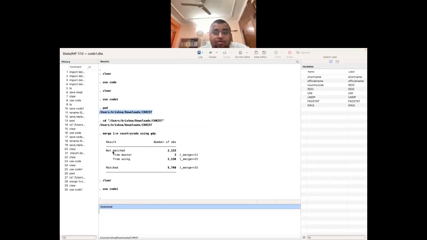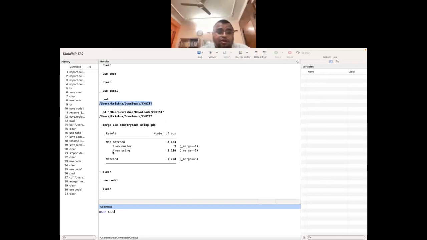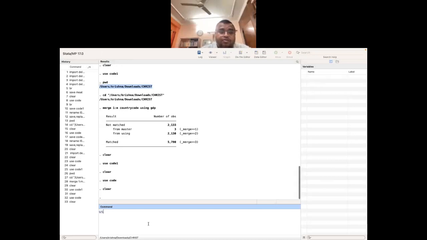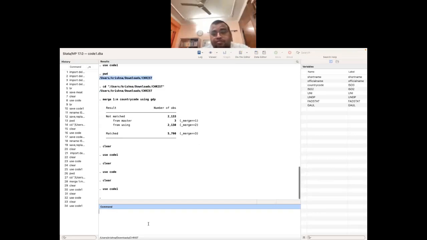Here, look, I have renamed the country code, but in the labeling it is still showing ISO 3. If I open the master data for you, then look here, ISO 3 is given here. Code 1, so rename ISO 3 to country code, and then you use this command merge 1:m,